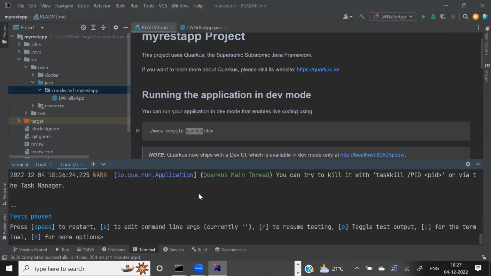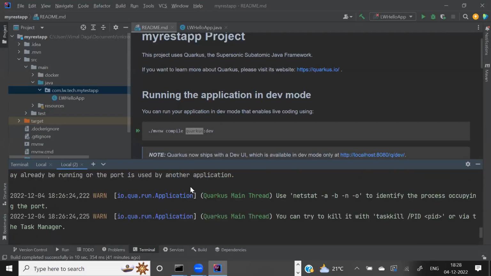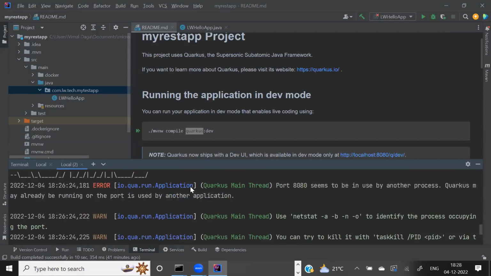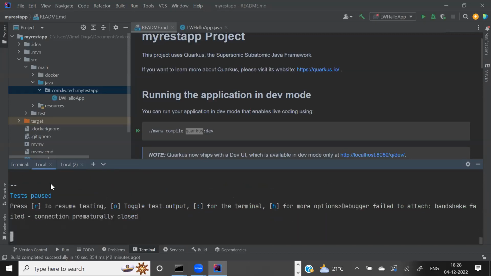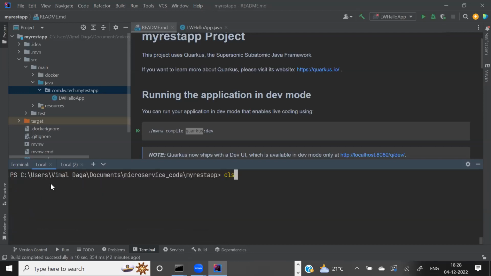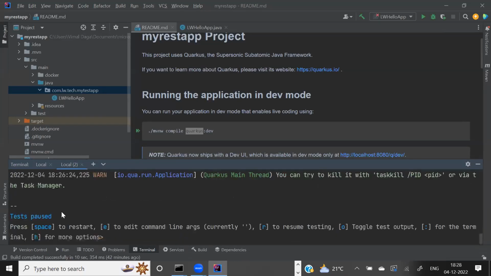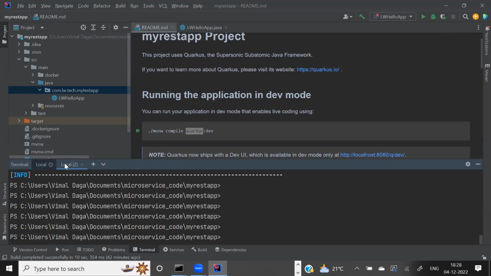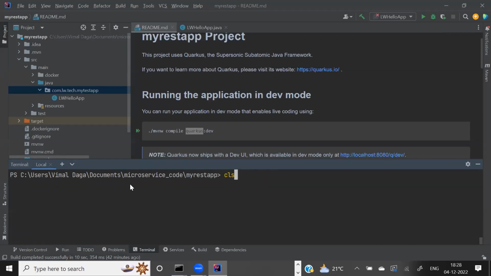there's some error coming up because I ran this project 2 times, and you guys might know something. In one computer, if a TCP port is assigned, you can't assign this port to another program. Why is this error coming up? Because I ran this program 2 times, so I have one more program running here. Let me stop this. Okay, and let me run again. And let me also stop this. Okay, so we don't need 2 terminals. So here, let me run this code again.